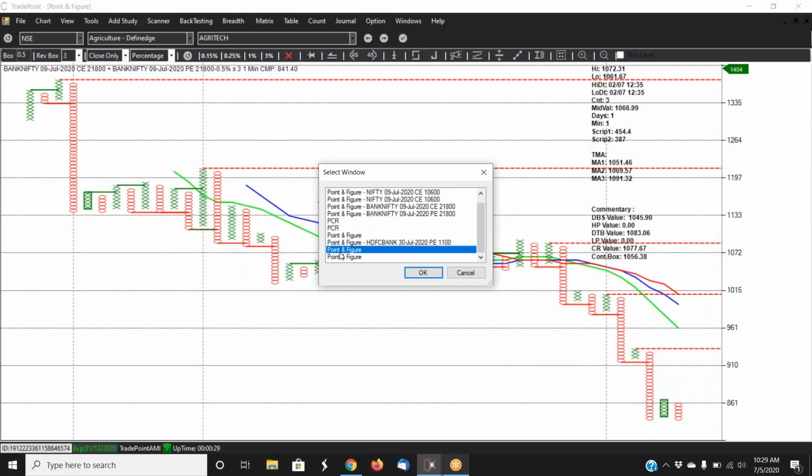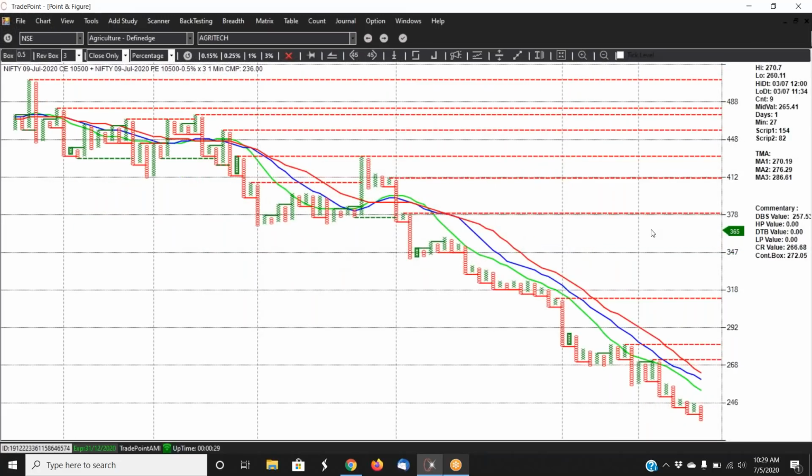Now, if you come to the Nifty straddle, this is a 10,500 straddle. Why did I pick 10,500? There's no reason. Even 10,600 was looking the same. But the 10,500 straddle also is looking very weak, in which script 1 is 154, script 2 is 82. That is, the call is 154 and the put is 82. So this also is showing the same picture. So unless the market shoots up fast in the first 1 or 2 hours tomorrow, we are looking for some dip, at least to start with. How it changes has to be seen.